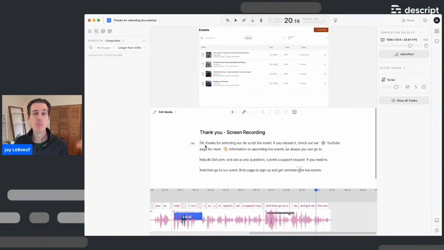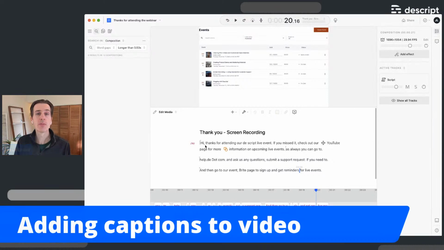It helps with searchability and search engine optimization to have your content more easily indexed and searched. But the third and most important reason is to make this content accessible to those that are deaf or hard of hearing and just need or prefer to have text transcriptions and subtitles as they're consuming content. So I'm going to tell you how to briefly add captions to this little thank you video, this personalized